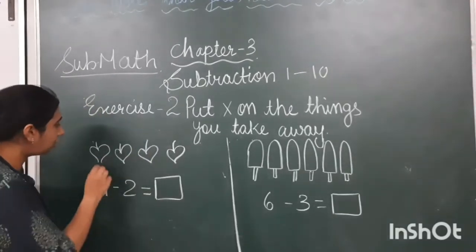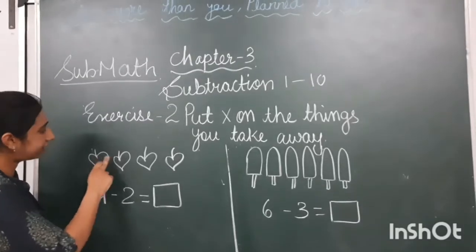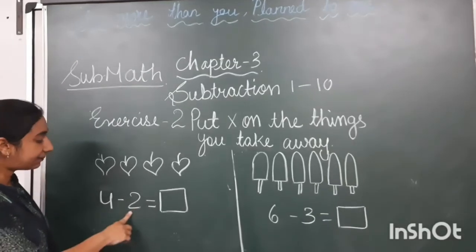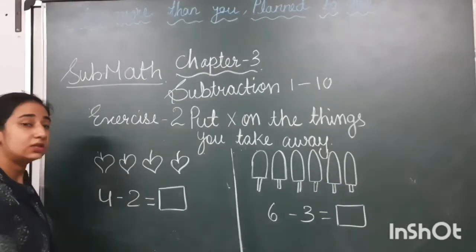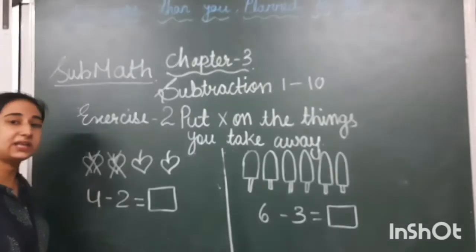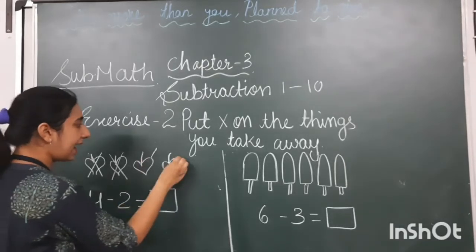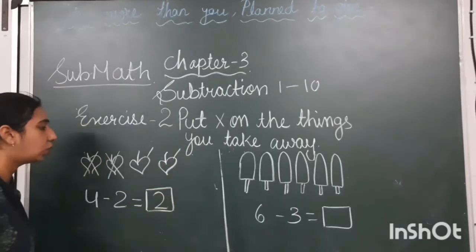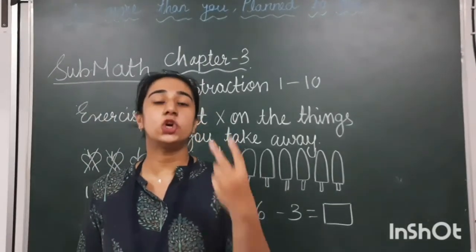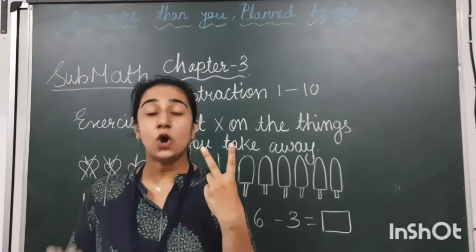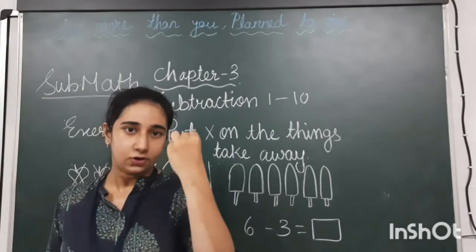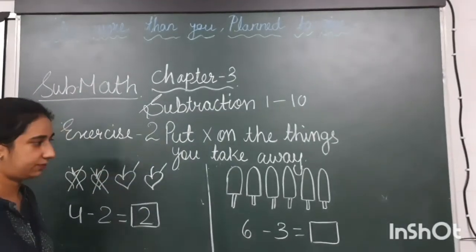Sum number 3. I have drawn here 4 leaves as 4 is written here. 1, 2, 3, 4. How many I have to cut? This second place number will decide. Here 2 is written, so I will cut 2 leaves. 1 and 2. How many leaves are remaining now? 1 and 2. So I will write here 2. Another method of doing this sum, keep 4 in your mind and show 2 in your fingers. Count before 4. 4 से पहले count करो. That will be 3, 2. 2 I have written here.